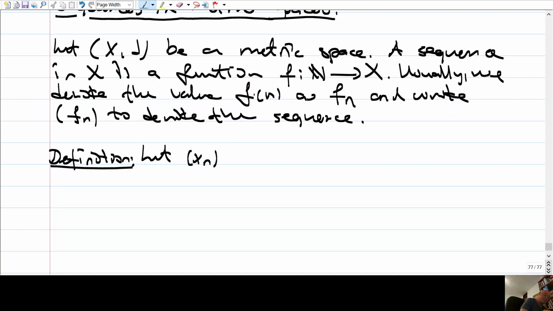From now on, our sequences will be either xn, an, and sometimes we will write fn, especially when we talk about matrix spaces consisting of functions, like the above example, where the elements are indeed functions, right? So we will use this notation, but usually we will use either xn or an. Okay, so let this be a sequence